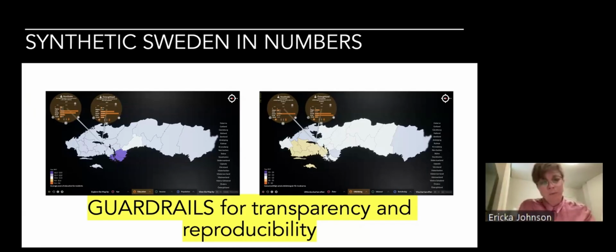So for example, we asked the data set, where in Sweden do you have the highest percentage of adults with a university education? And the answer, of course, is Stockholm. Then we asked the same question, a 3-point intersection of age, educational level, and geography. Where do you have them in Sweden? And in the synthetic data that we generated, it was in Östergötland. Now, I'm based at Linköping University, so I think that's a great answer, but it's maybe not the right answer.